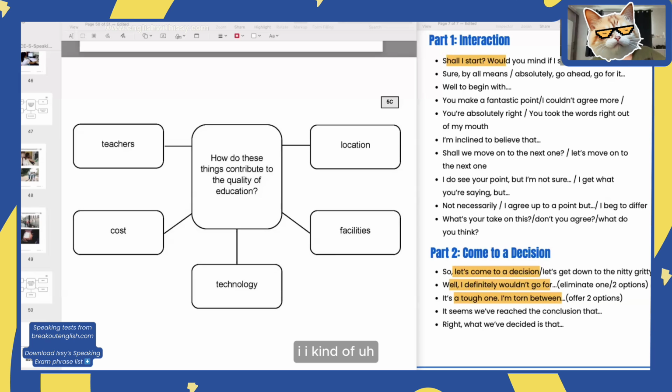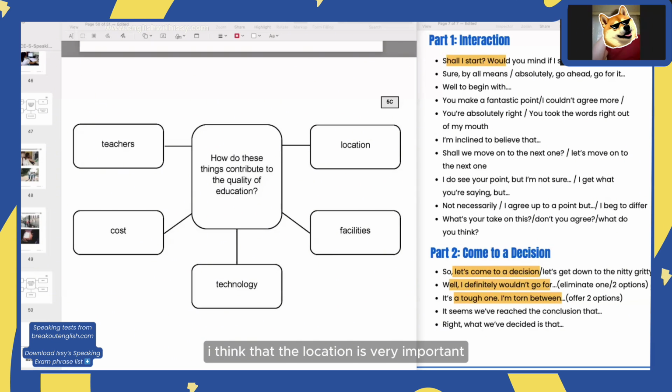Not necessarily. I kind of quite like the old way of teaching, to be honest. So it's great to have it, but I don't think it's necessary. What do you think about the location? I think that the location is very important, because if you're close to the airport, for example, and there's a lot of noise, then a lot of students may be distracted. And if you're in a calm environment, like close to a forest or in the middle of a town, in which it may be very quiet, then people are more